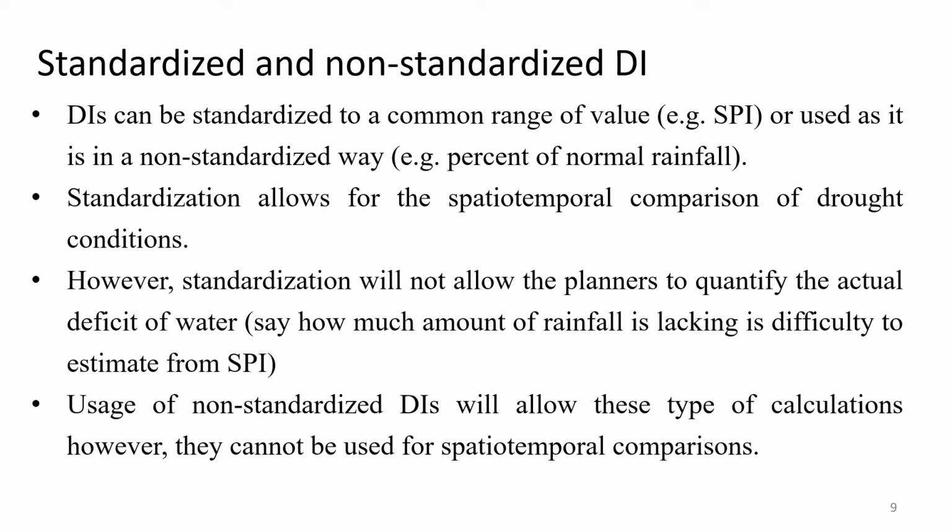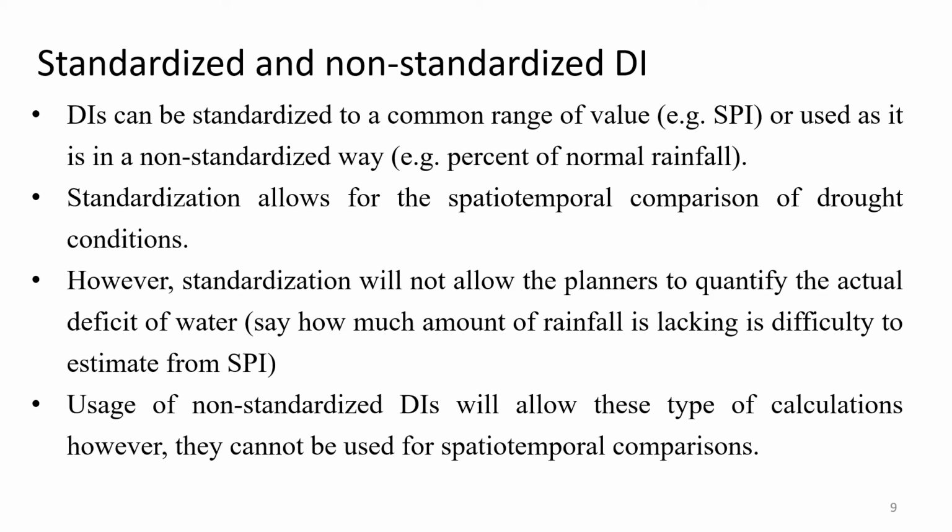Standardized drought indices will help. Say the SPI value is -2 over 5 different regions, then people will say, okay, drought is of the same severity level at all these regions. If it is -3 at some parts, they will say, okay, drought has become very severe in that particular area. Or if I say, okay, in 2018 I got a drought where the peak value was -2, this time the peak value is -3, so this year's drought event is worse than the 2018 event.